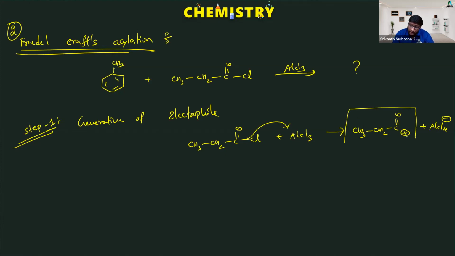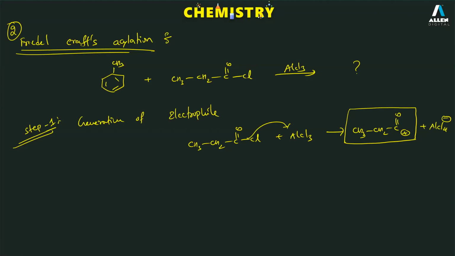Whatever structure I have written here, is that stable? CH3CH2C double bond O with a positive charge on the carbon atom. No, sir. No. Why, Faizan? Because carbon is already electron deficient while attaching the oxygen. So if you think of this particular structure, Faizan, the important point you need to understand is, can